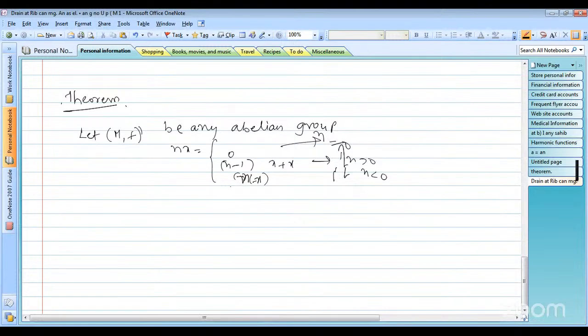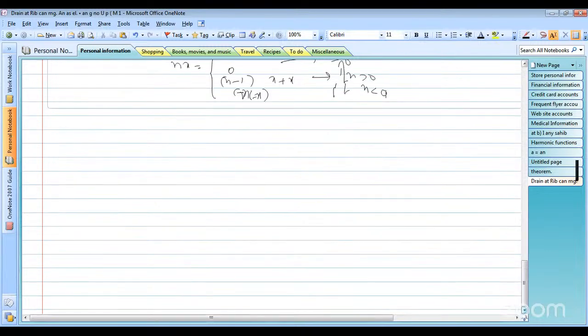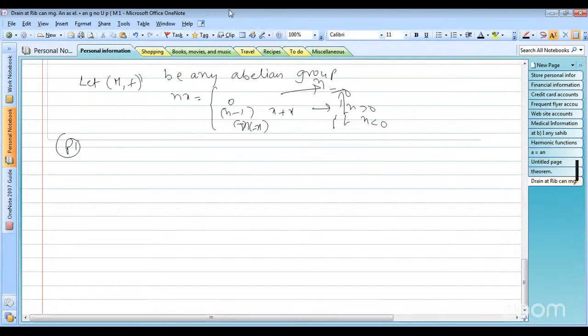Therefore M is a module with respect to the above map of Z × M into M that we are taking here. So this is the module we are taking here. Now the proof. Note that the